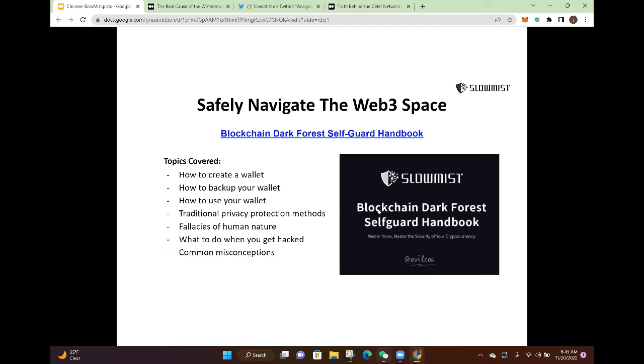Creating a wallet is pretty simple, but how do you back up your wallet? Some people say, oh, I keep it on my computer. I say, all right, but what happens if your computer gets hacked? Now your wallet gets hacked, and then